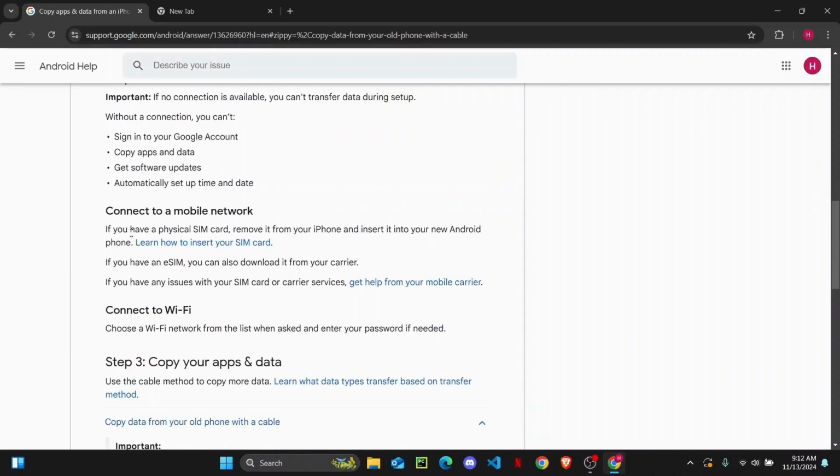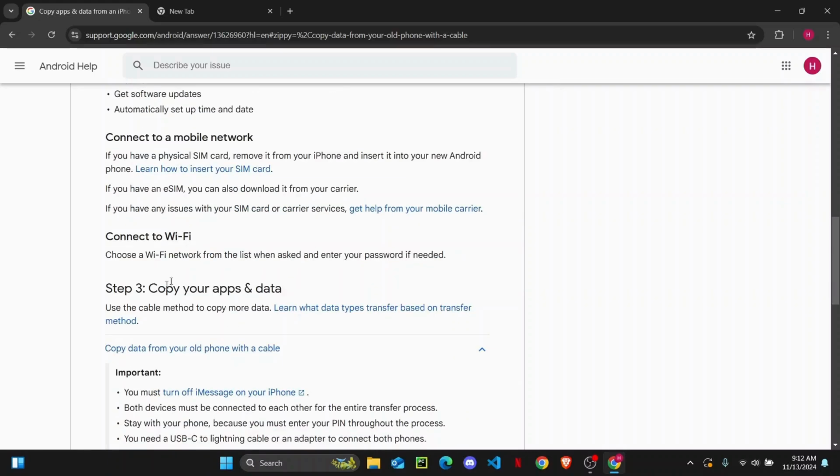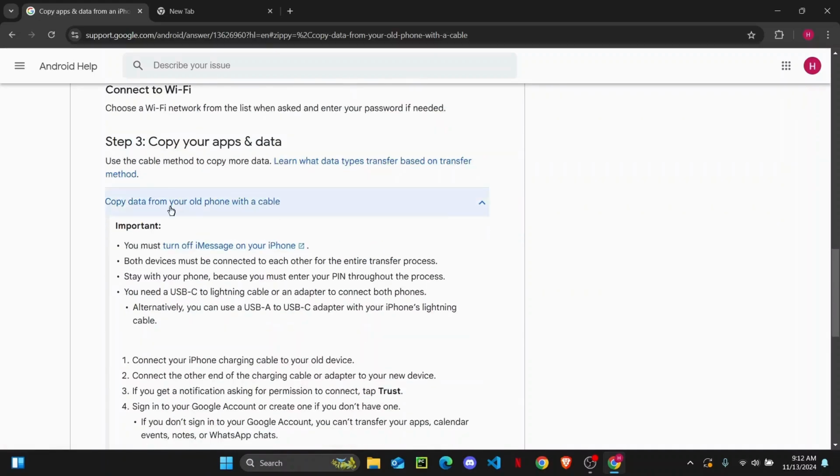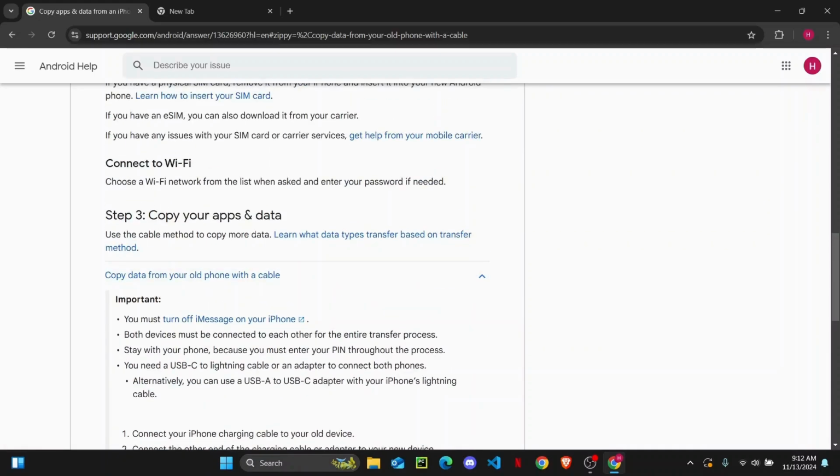If that doesn't work, then you can opt to connect to a mobile network. If you have a physical SIM card, remove it from your iPhone and insert it into your new Android phone. And if you have an eSIM, you can also download it from your carrier. Then you have to connect to a Wi-Fi network, and the last step is to copy all of your apps